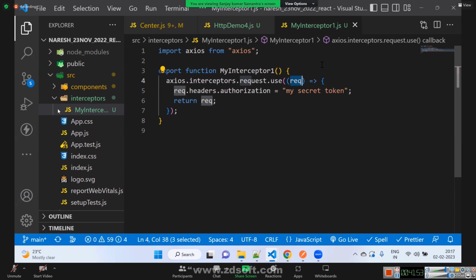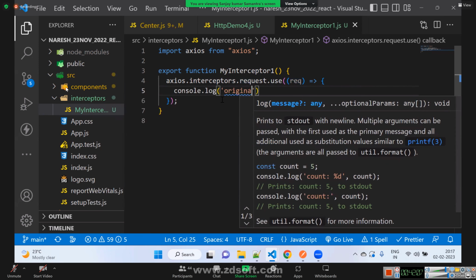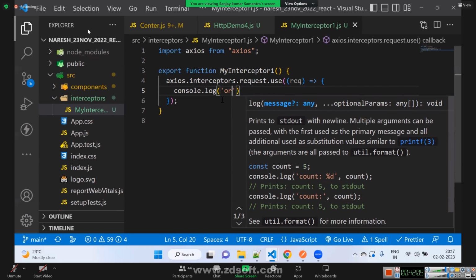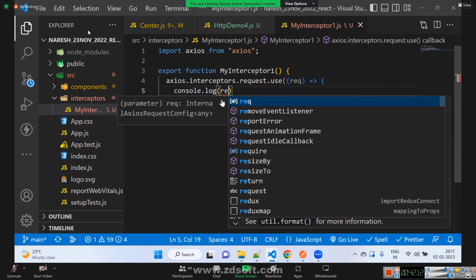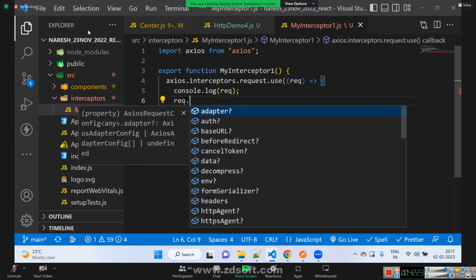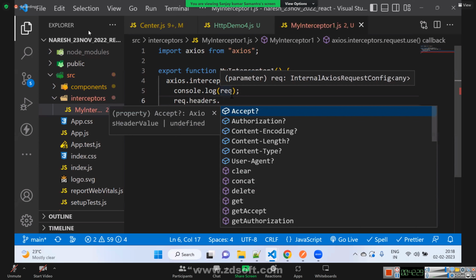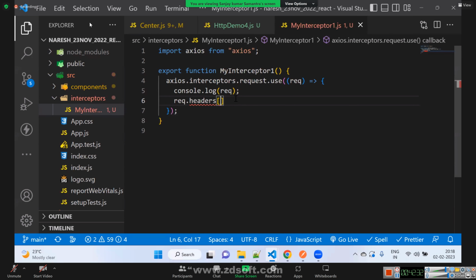In this request, I want to add something. request.headers is one object.